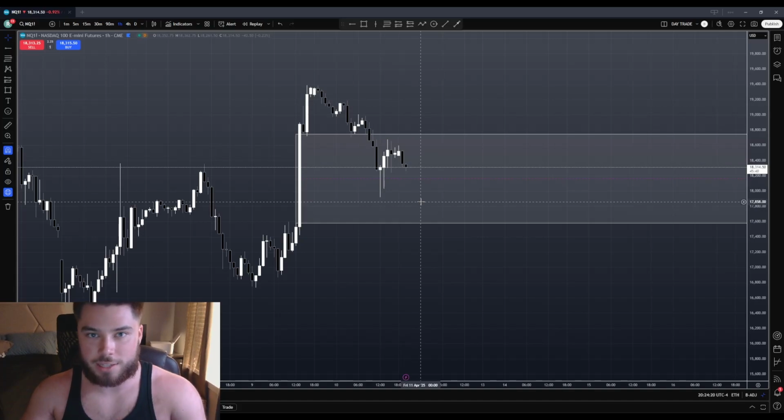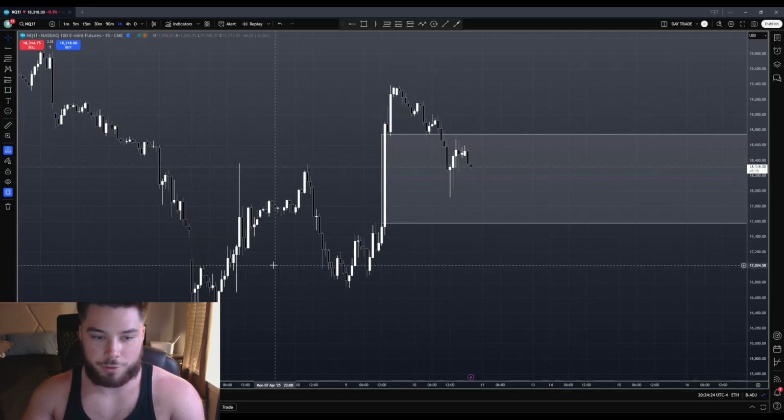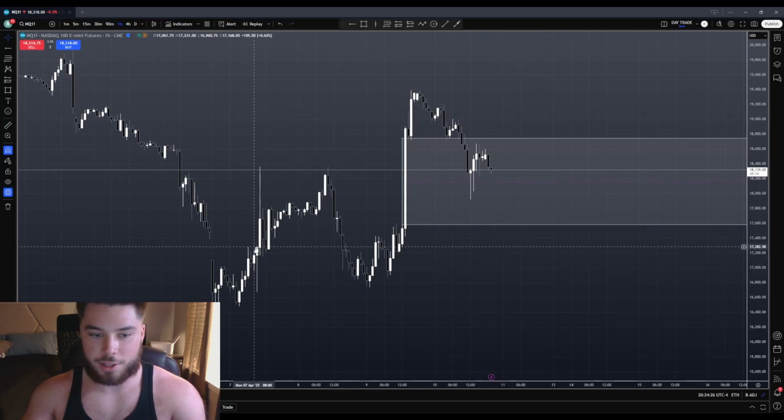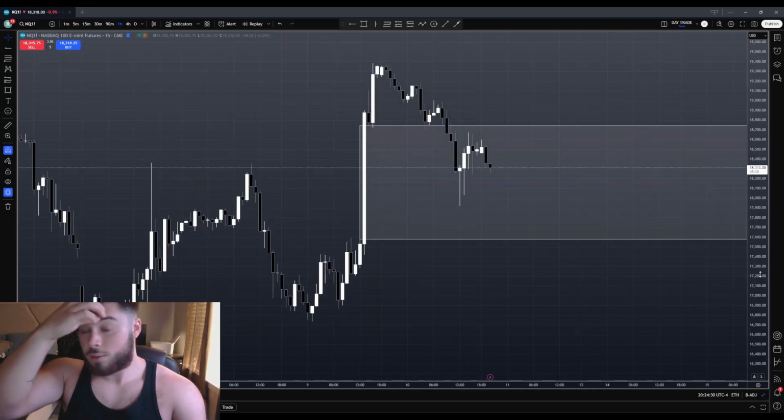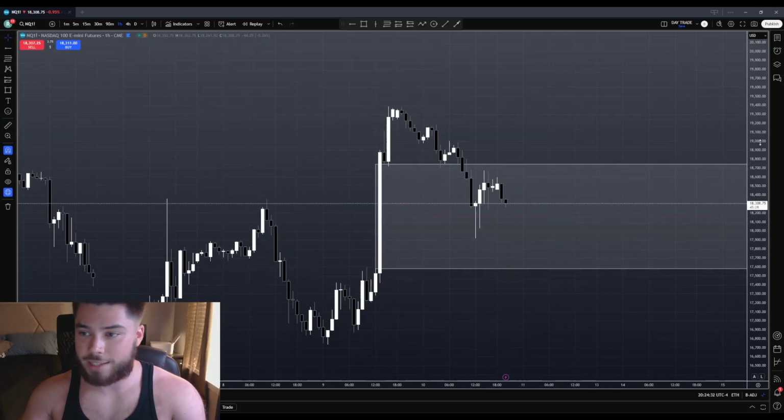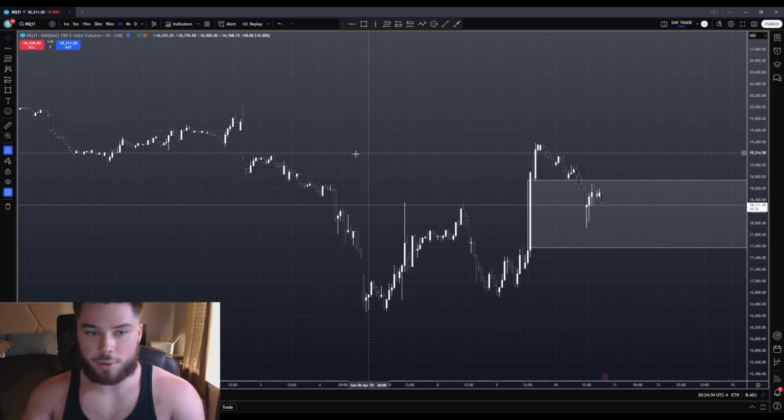Maybe it comes down and continues to take these lows. Maybe it comes down and does a full fill. That happens all the time, a full fill. Maybe it does a little bit of this, a little bit of indecision, right? But essentially on the high time frame, if we're not already in one, something like this even,